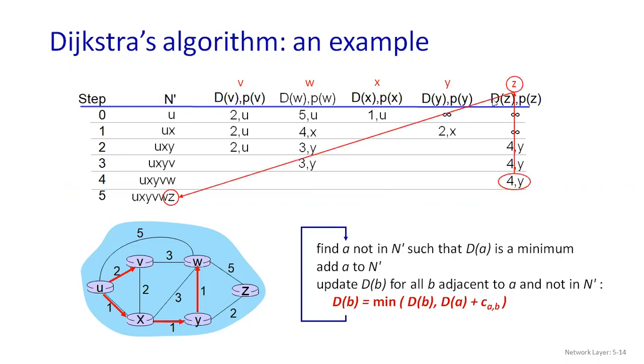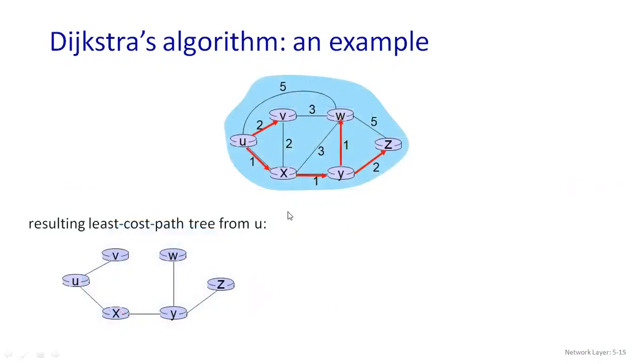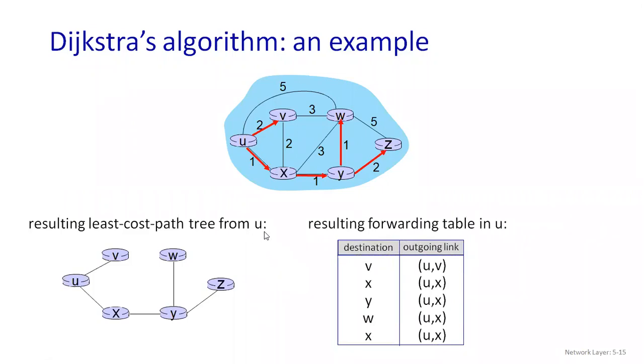So now next, as it is a minimum, we are going to attach this. As we are attaching, we will get our final path. Which will be our shortest route to reach from U to Z? You can go through this only. This is our shortest route. So in this way, we have got the resulting least cost tree from your U.